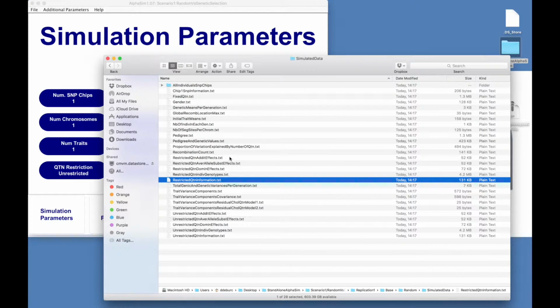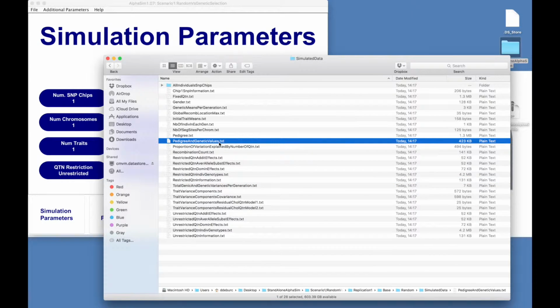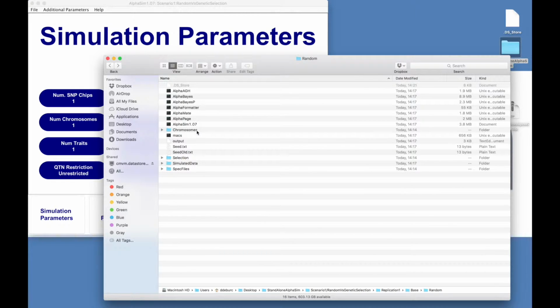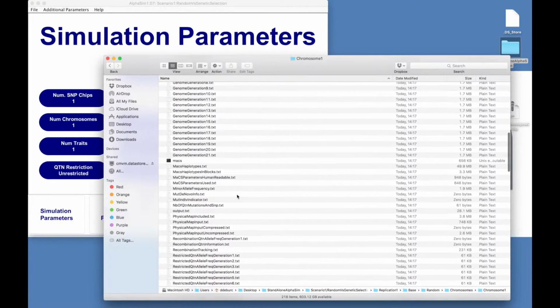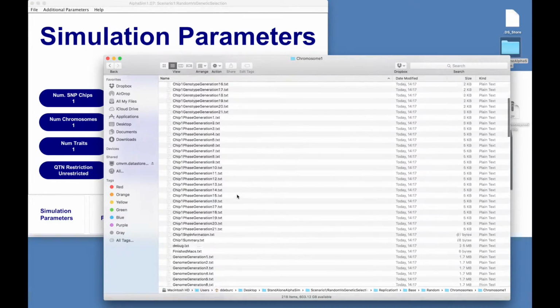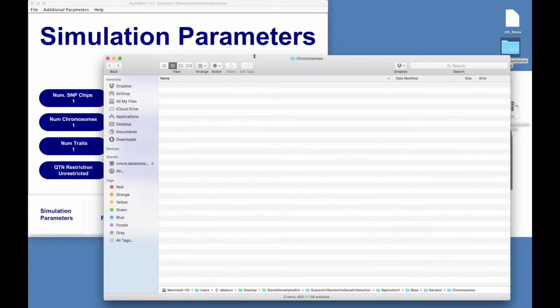Those are the most important outputs from AlphaSim, but as you can see here, there is a large number of different outputs covering all of the genetic information that AlphaSim produces. For full details on these outputs, you can look in the user